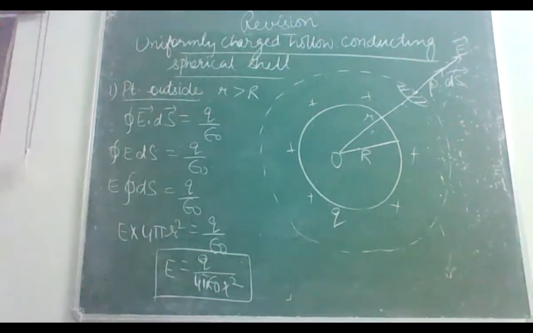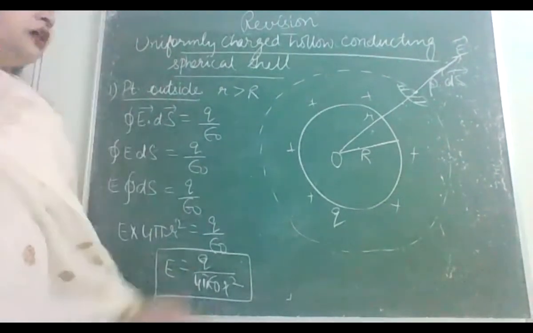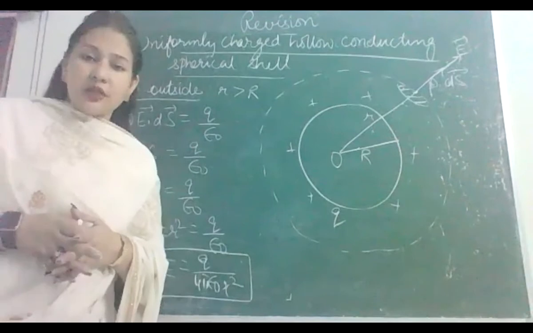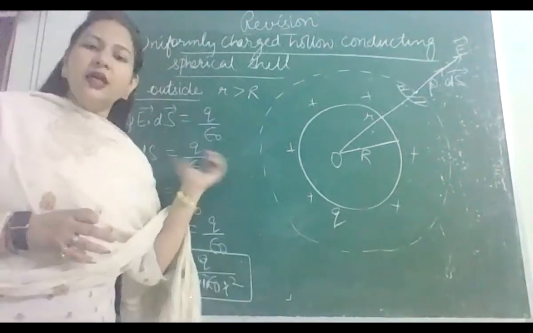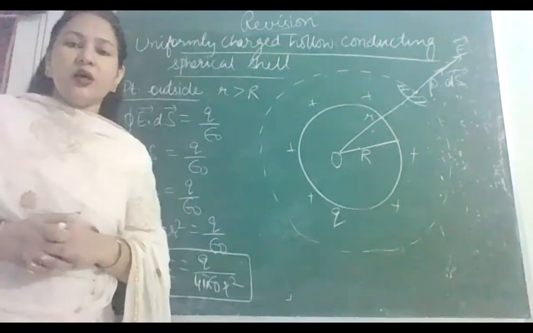This is our first case and the most important case. वैसे तो तीनों cases important हैं, but this is the most important case. कोई doubt इसमें? And for a point lying inside the shell, inside a conductor charge is 0. तो Q 0 put करेंगे, E भी 0 आ जाएगा. तो inside the shell तो आपका सीधा ही E 0 आ गया.